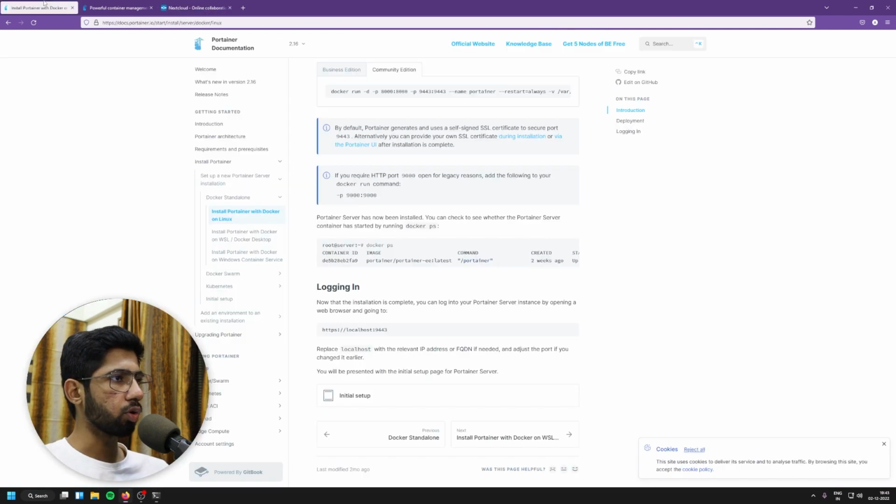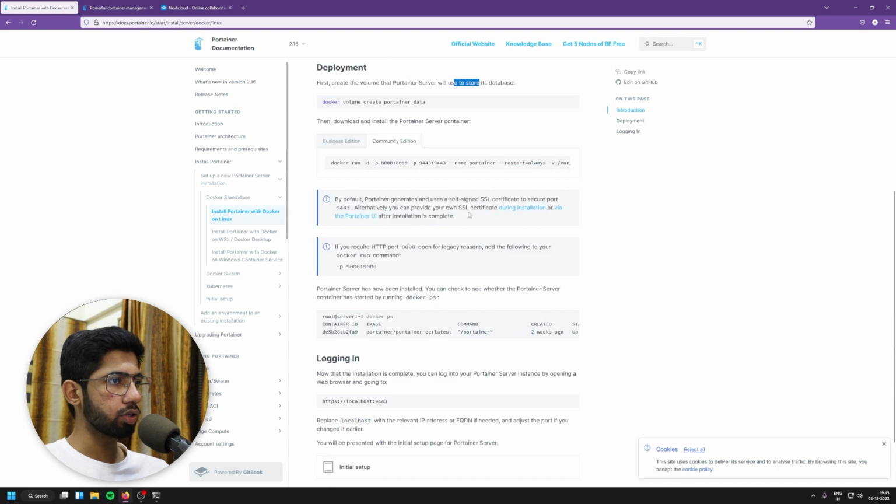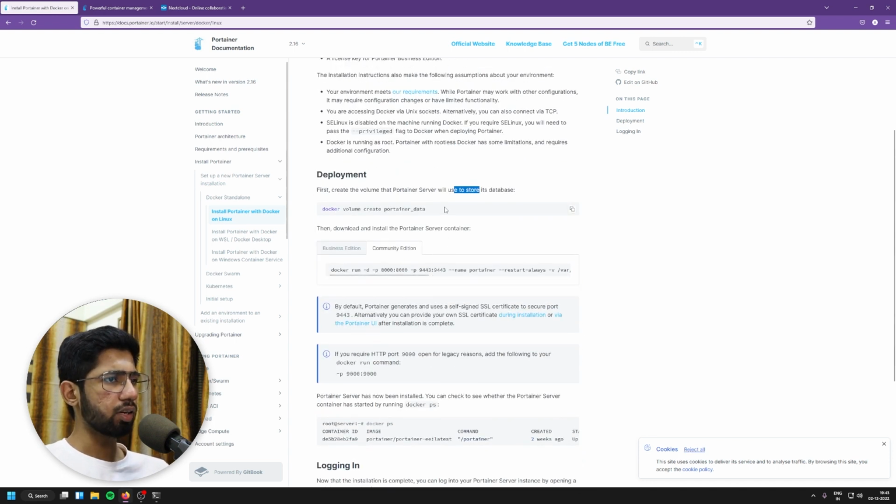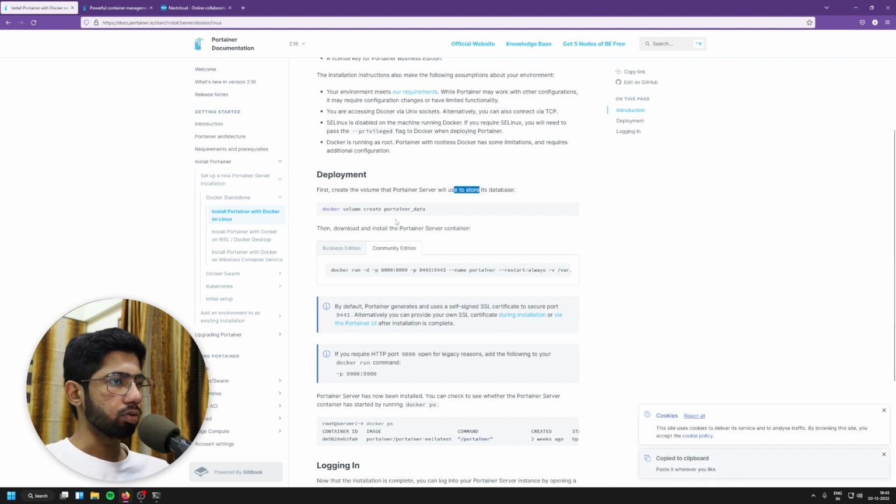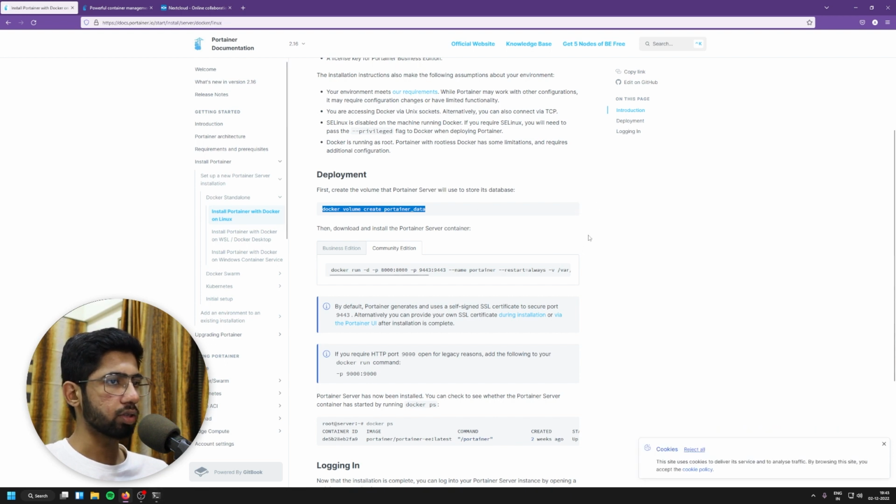So now we're gonna go to Portainer and install Portainer. This is basically the documentation. You can find this in the link in the description. There are basically only 2 steps to install Portainer, and this is a one-time thing to do. You don't have to install Portainer multiple times, so it's pretty good. So I'll just copy this. One is to create the Portainer volume. So I'll just copy this command,